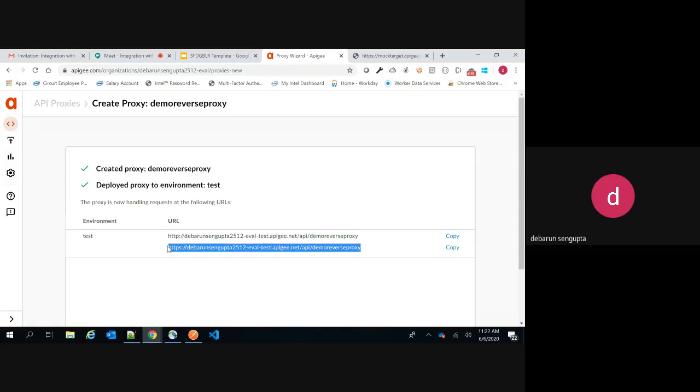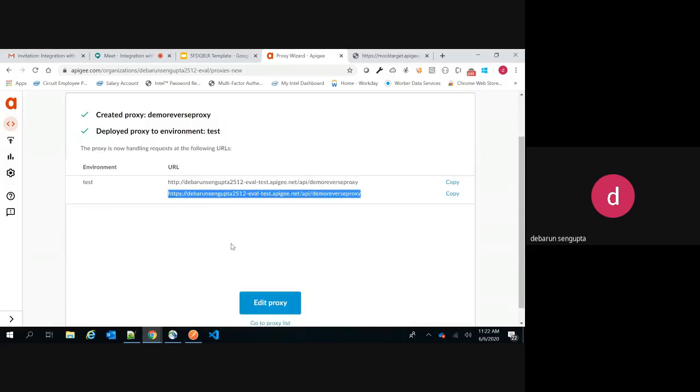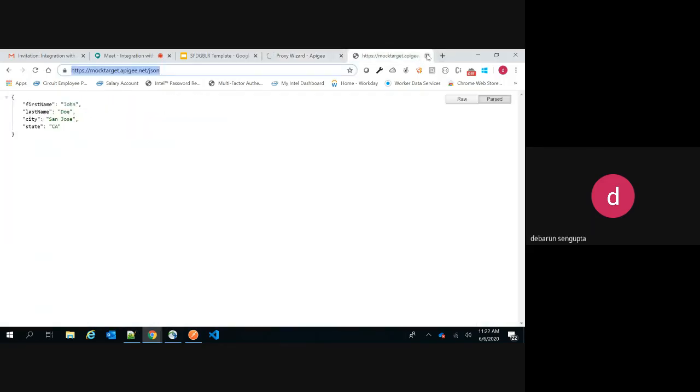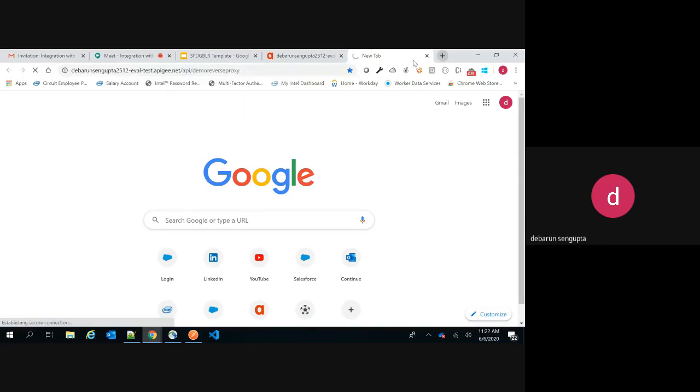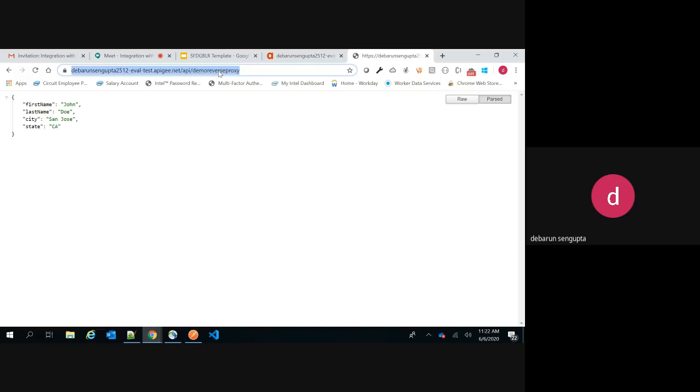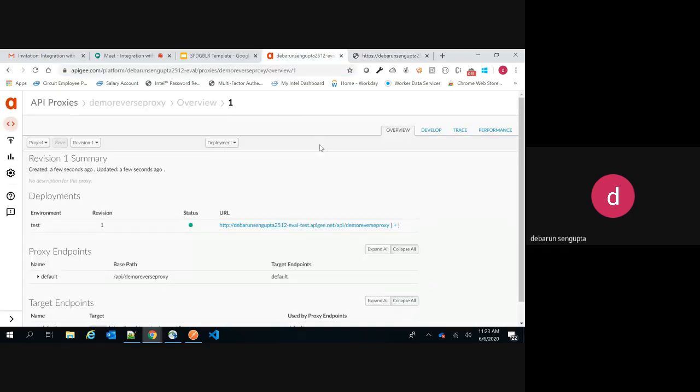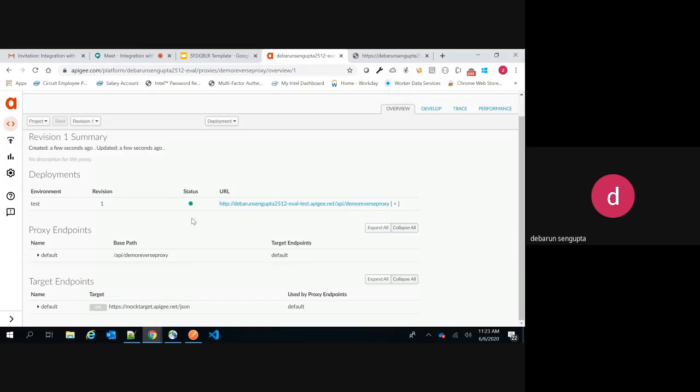Okay, so let me show you this. Let me close this. We're not using this. So this is the endpoint which I have created right now. When I click on this endpoint, it gives me the response of the backend service. I have not directly hit the backend service, but I have hit my service, and it is giving me the response of the desired backend one. Till this, any questions? Okay, taking it as no.